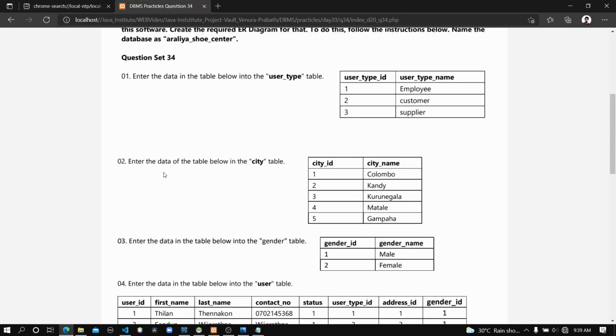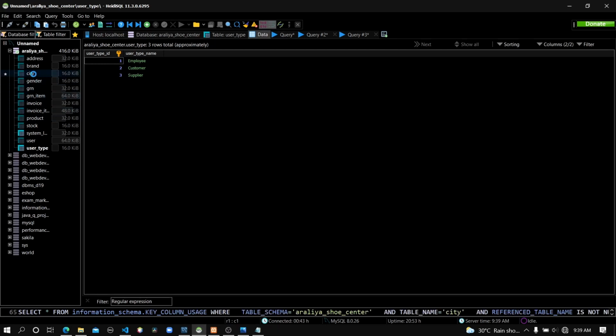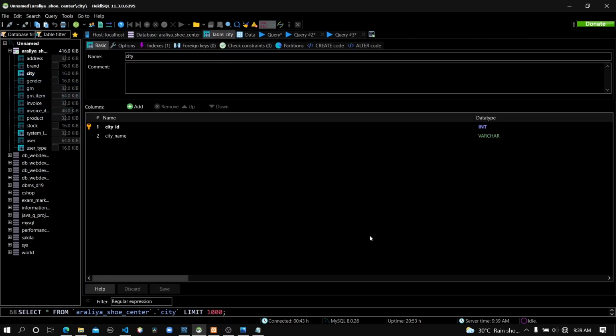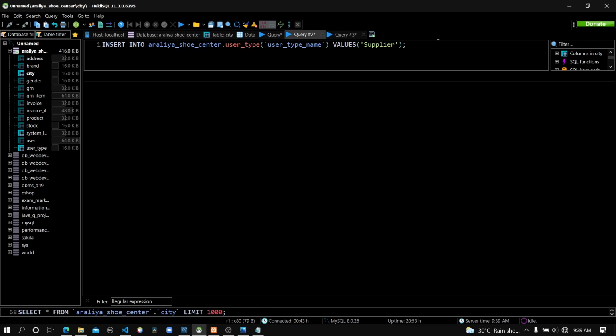Now let's move on to the second one. Enter the data of the table below in the city table. Okay, now these are the cities: Colombo, Kandy, Kurunegala, Matale and Gampaha. And also let me show you that one. In the city table, you can see the city ID is auto incremented, so we don't have to enter that attribute too. So we can change the query,